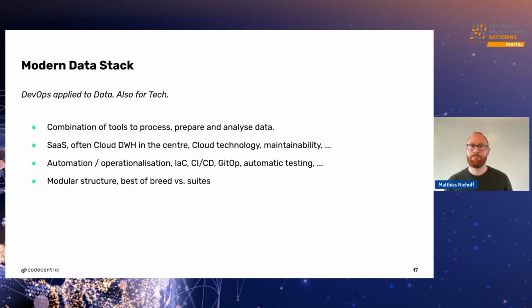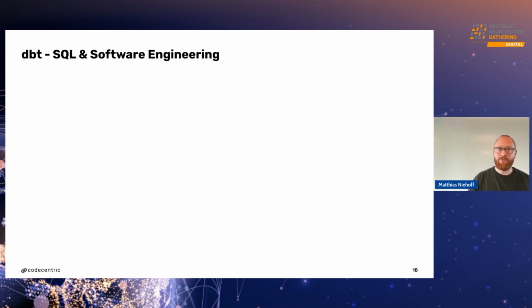And you have all these, what is commonly referred to as DevOps, the automation, optimization stuff, the infrastructure as code stuff, the CI/CD stuff, this testing stuff. And all this stuff comes and gets into the data stack by now and into data architectures. And you get software engineering best practices.